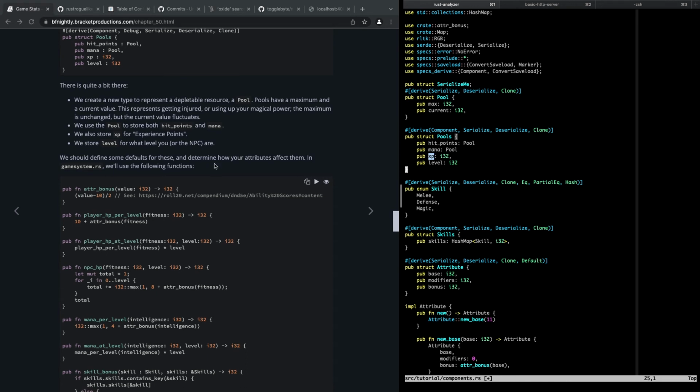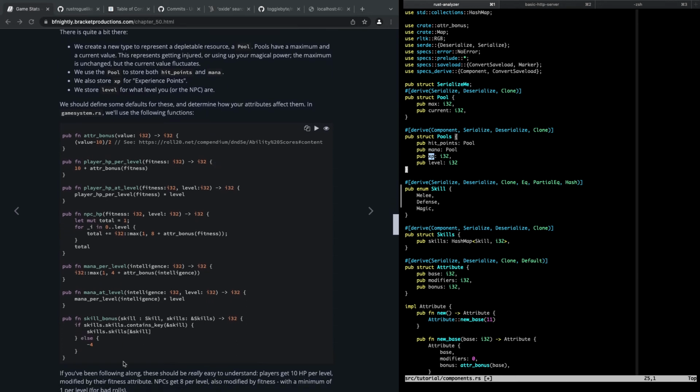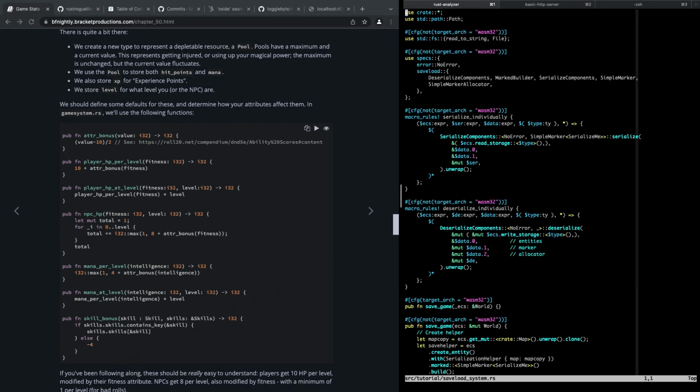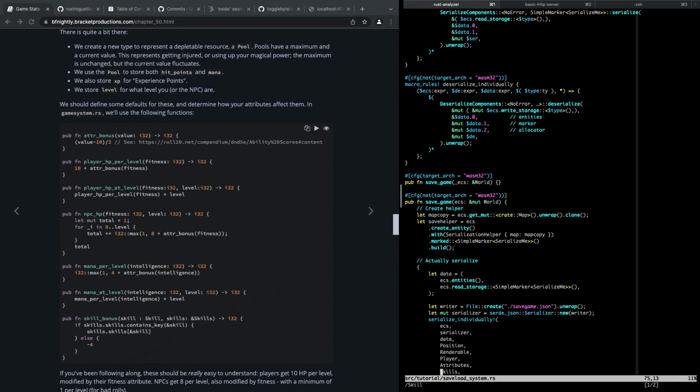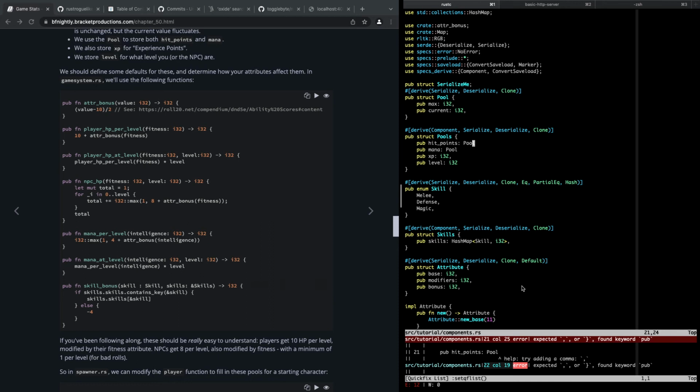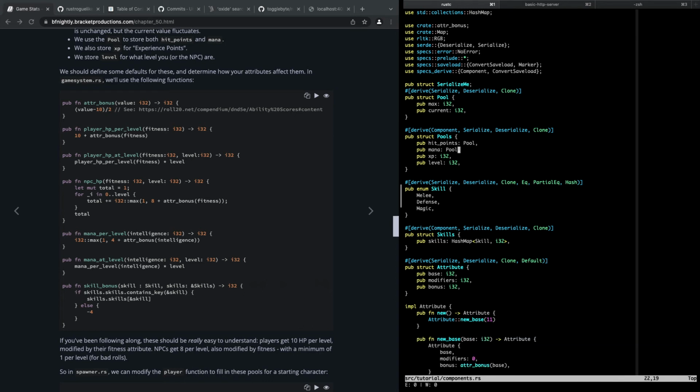So we're going to define some defaults for these. So back in game system. Okay. Let's save this out. And then, wait, before we do that, I want to remember we have to add pools to here. And to our save load system. There we go. So that should check. Okay, so now we have all of these little tiny functions. Yep, okay, so